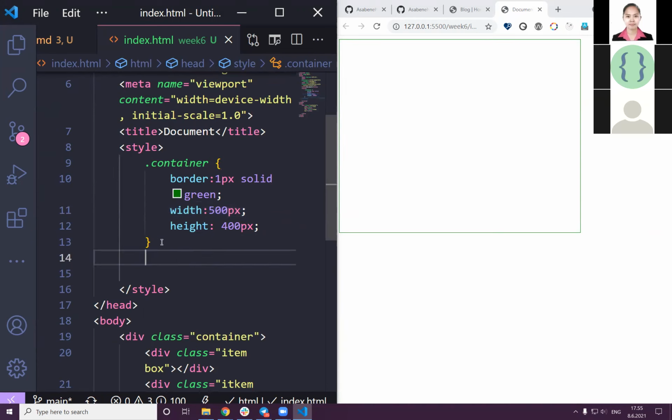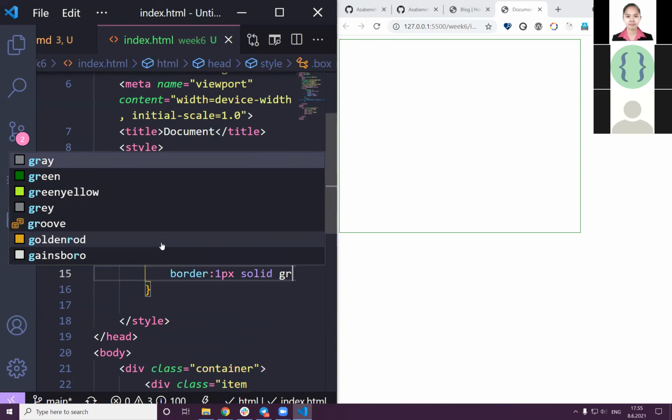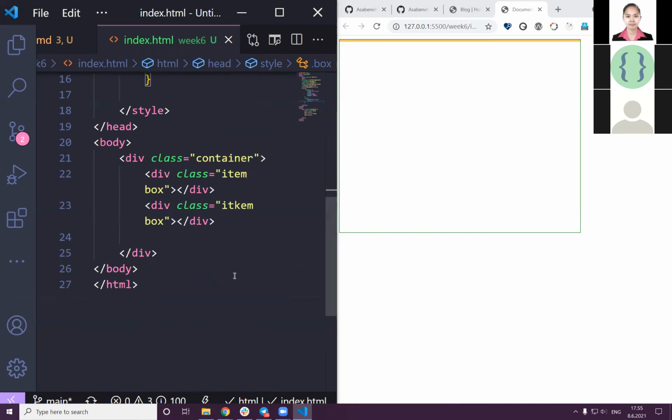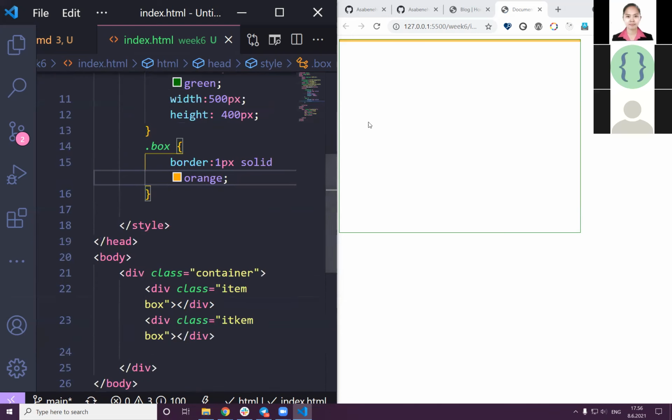Yeah, I can call it box. The box should also have a border. Then we will see 2 pixels, or maybe 1 pixel, solid. And I can say orange, it is so easy to see. Okay, have you seen both of them? And as you can see, they fit inside the